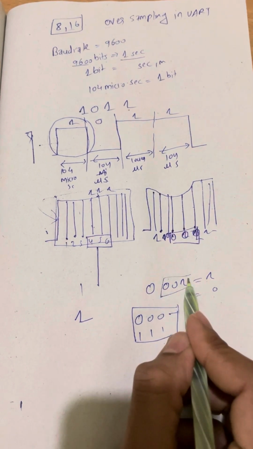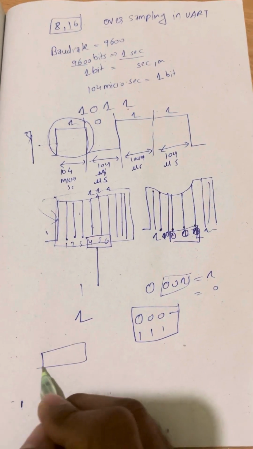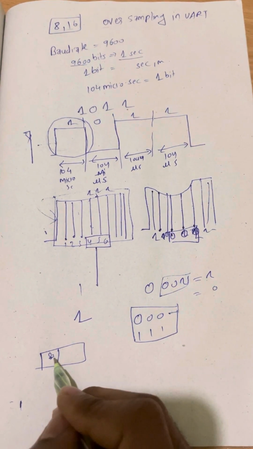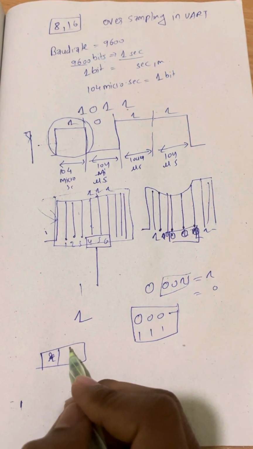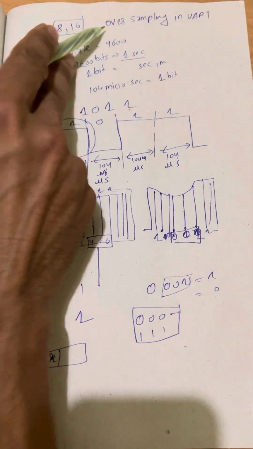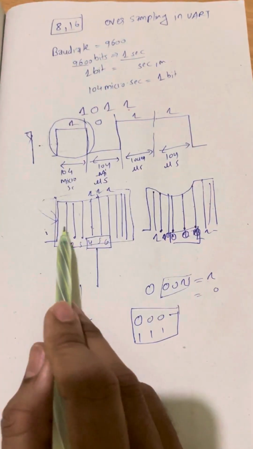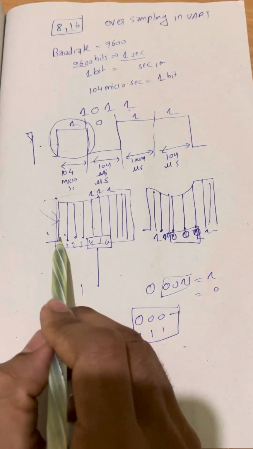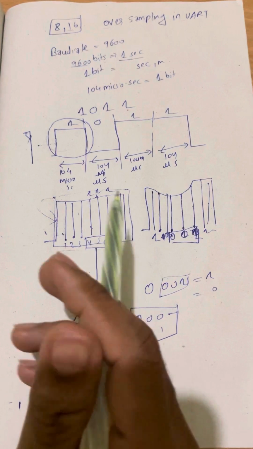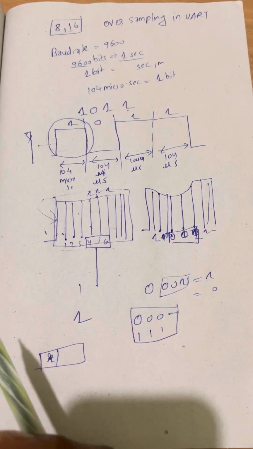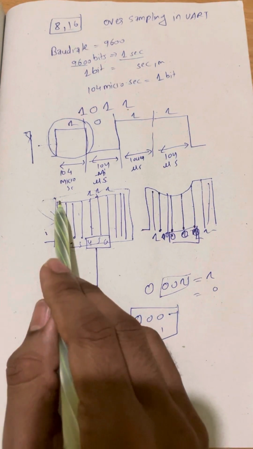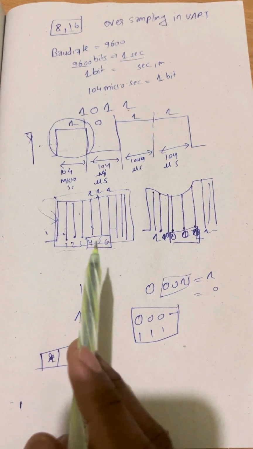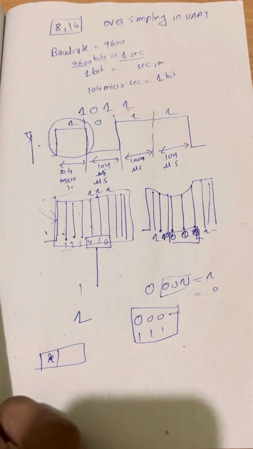So if such type of data comes, then in our UART status register, the noise error flag will be set by our MCU or UART mechanism. This is the meaning of oversampling in UART. Right now 8 samples are here; if it is 16, then 16 samples will be here, and whatever the middle 3 samples are, they will be taken by the MCU, and then it will be understood whether the bit that is coming is altered or not altered. In such a way we have to configure oversampling in our UART. Okay, thank you.